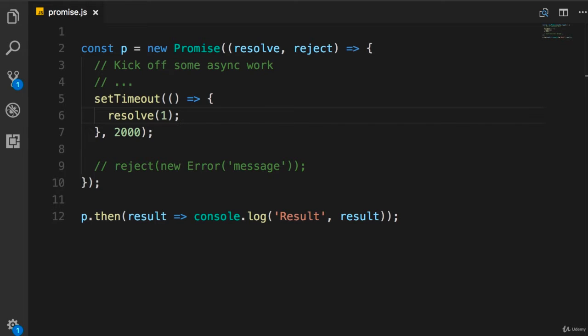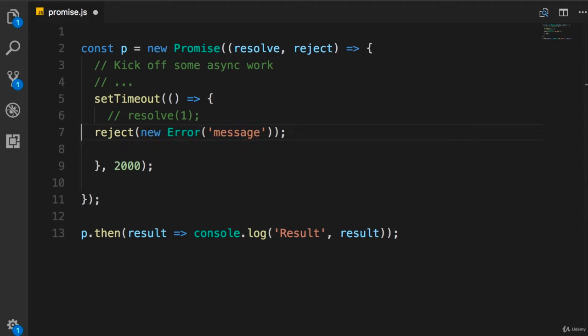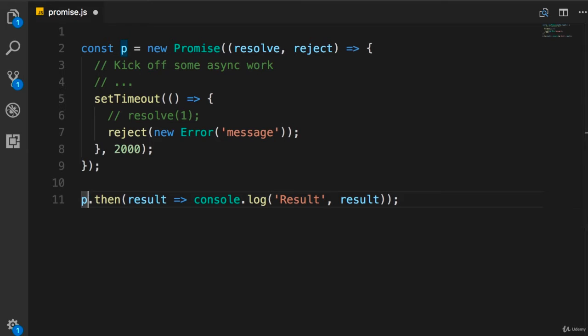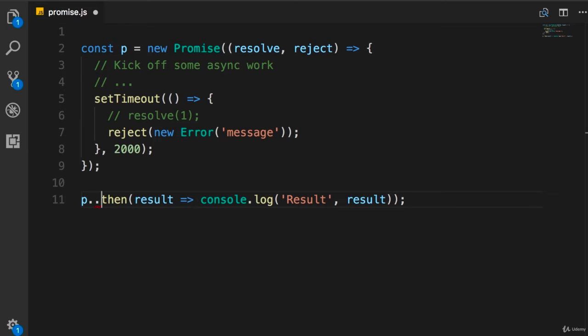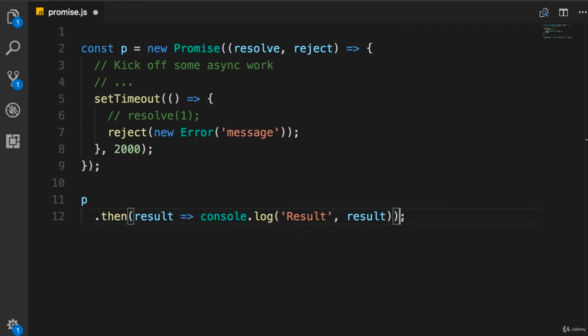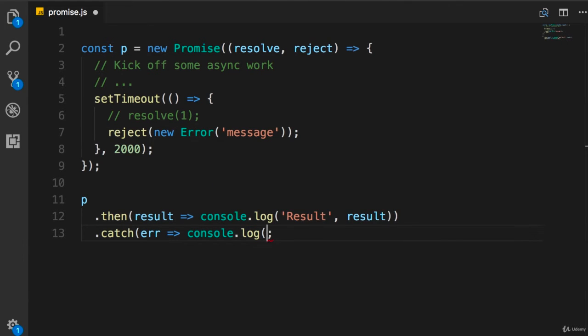Now let's say during the execution of this asynchronous operation, something goes wrong. We want to return an error to the consumer of this promise. So instead of resolve, we're going to use reject. So I'm going to move this line here and remove the comment. Okay, so this promise object, as you saw, has 2 methods, catch and then. So here we have then for the success scenario, and we can also chain catch in case something goes wrong. So here we get an error and we can simply display that error message on the console. So error,